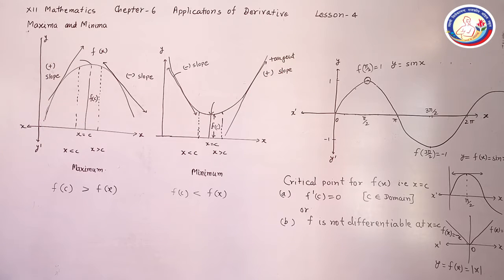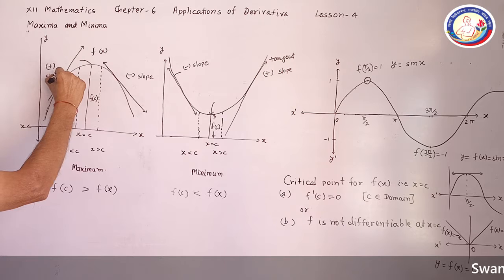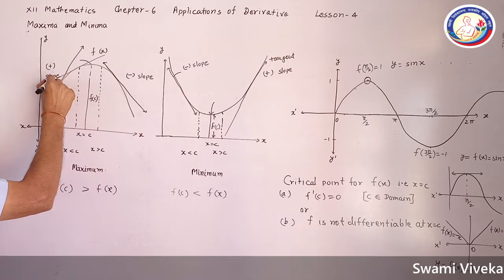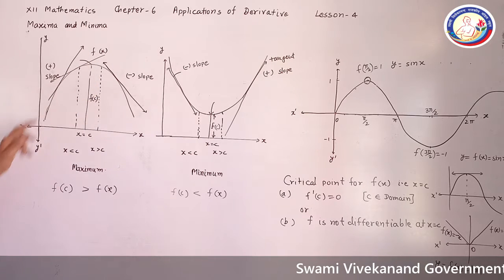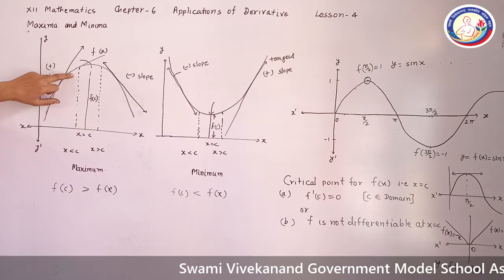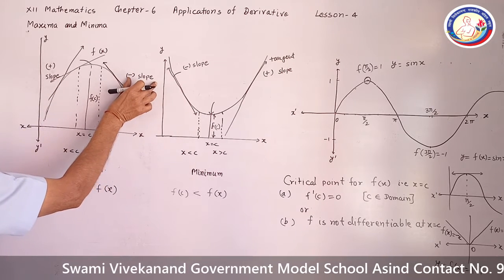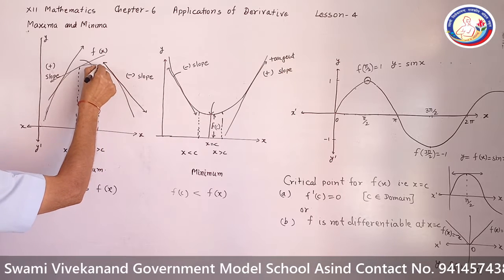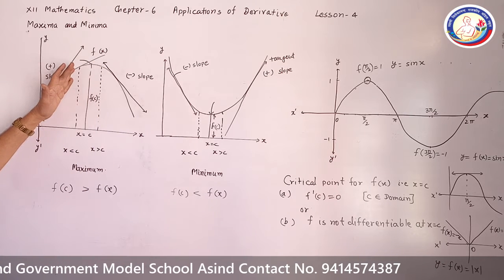Now we start with the second method. Here see the tangent at any point, say in the neighborhood of c, this may be the tangent here. Its slope is positive because it makes an angle with the x-axis from the positive direction that is less than 90 degrees. Again here the angle is obtuse, so the slope is negative for the tangent at any point here, near this point c. And here the slope is positive.